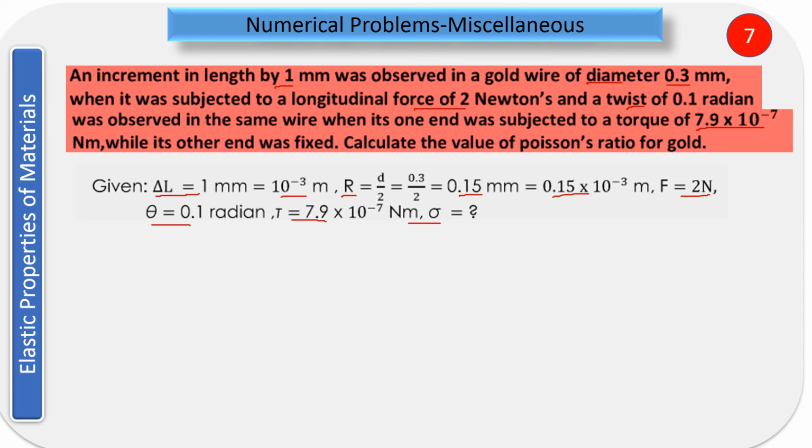So here it has two parts. One part is where you are going to put the load. This load is 2 newtons, that is the F value you have applied. Under this load, this wire is getting elongated, and that value of the elongation is delta L. It means here we have to use the Young's modulus.